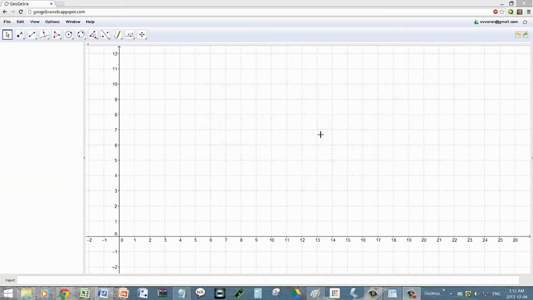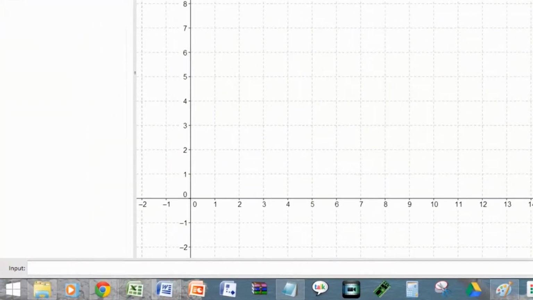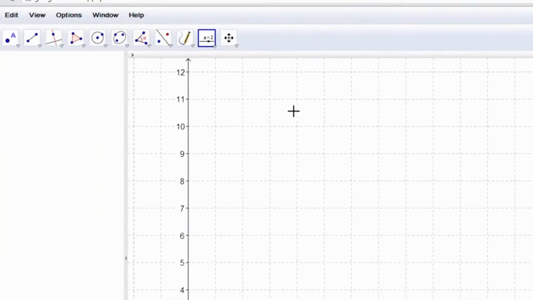In this segment, we're going to go over creating a simple applet that students would find useful while learning about linear equations. The applet will allow students to manipulate a linear function by adjusting the values of the slope and y-intercept. Okay, so the first thing we want to do is select the slider tool, and then click anywhere on